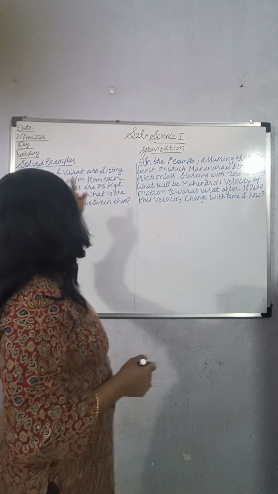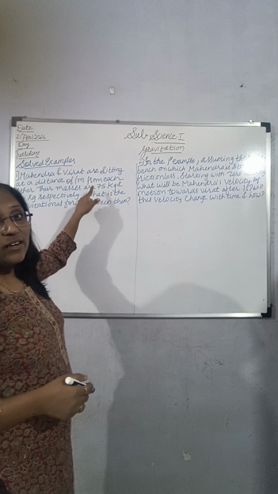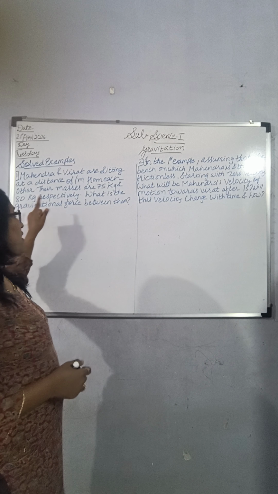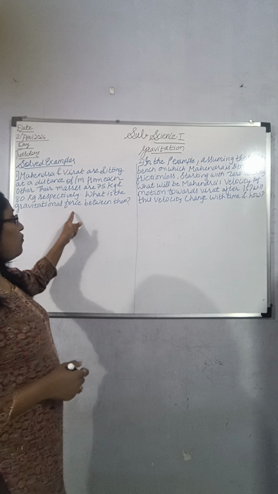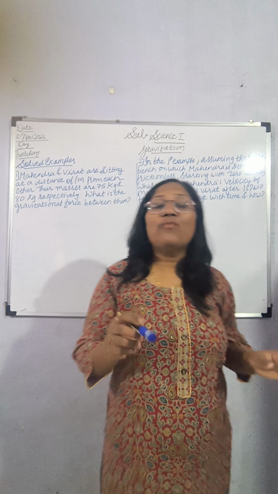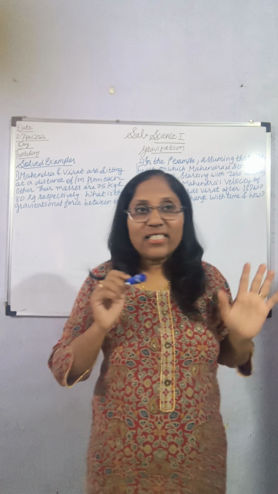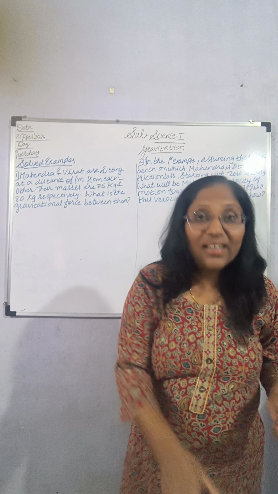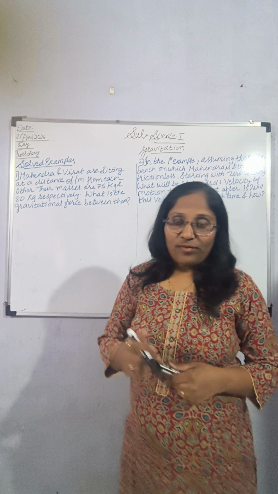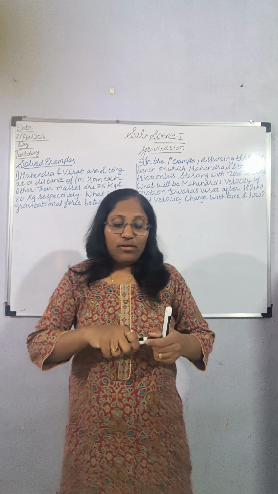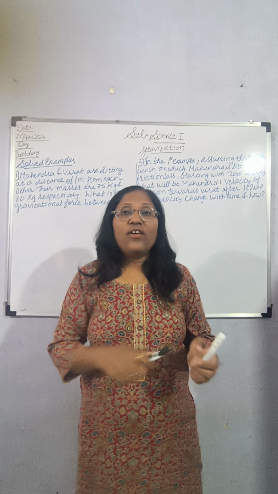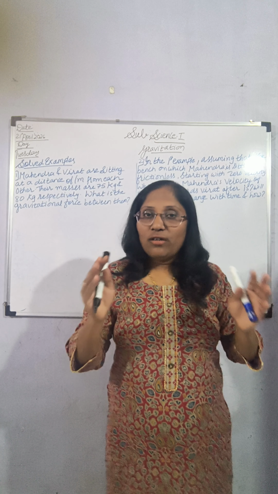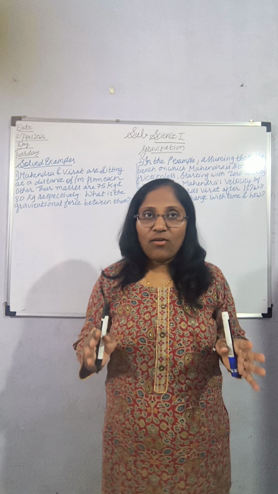Mahindra and Virat are sitting at a distance of 1 meter from each other. Their masses are 75 kg and 80 kg respectively. What is the gravitational force between them? So this is the numerical which is given in your textbook. First, we are going to write the given. Always remember while solving numericals, every step carries marks, so you are going to write stepwise.